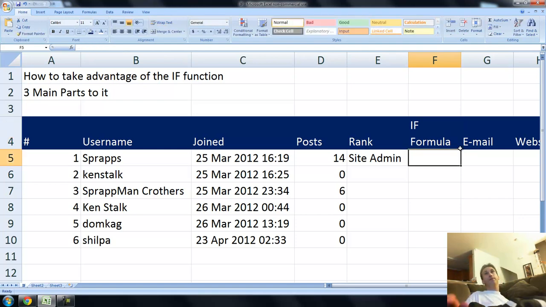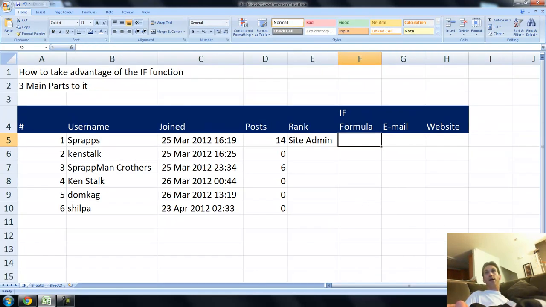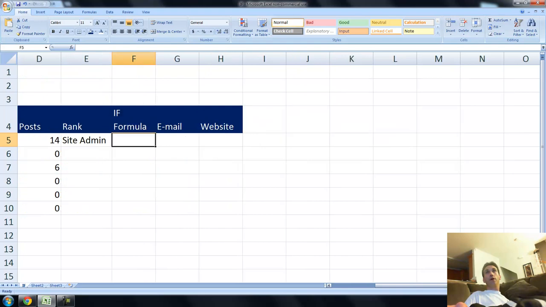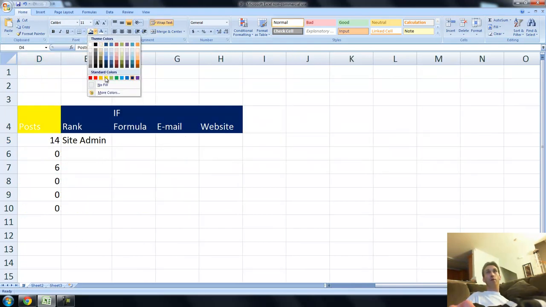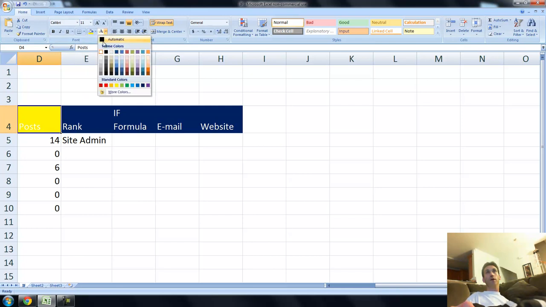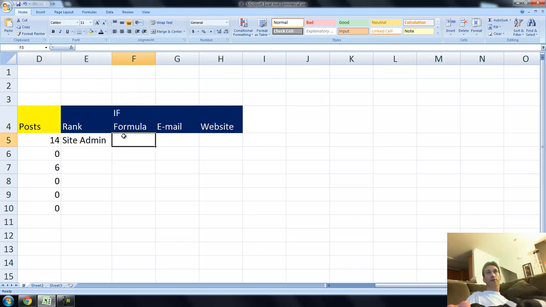Here's what I'm going to do. I'm going to say, for example, that posts matter. I'm going to talk about posts. If you have more than 0 posts, then I care. So my if formula is going to say equals if, so we're starting the if formula, and then the beginning parentheses, which we have to type in. If beginning parentheses, I'm going to say, here's my logical test. It's going to be the number of posts